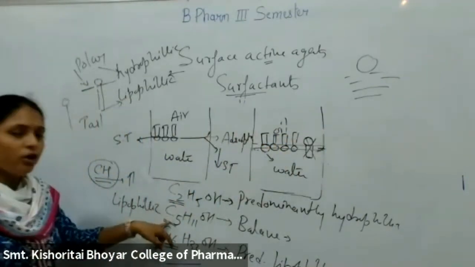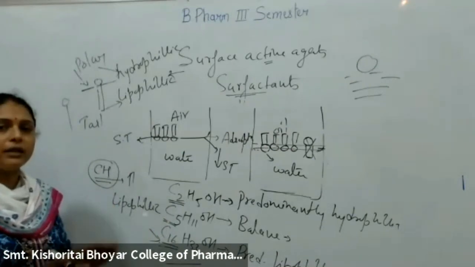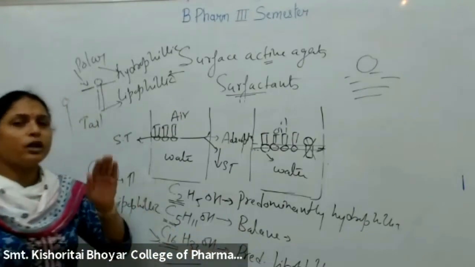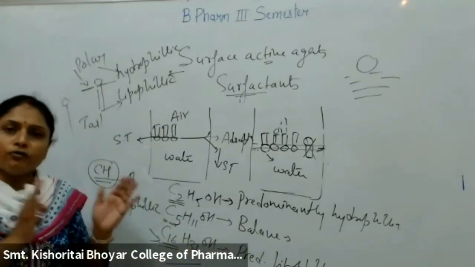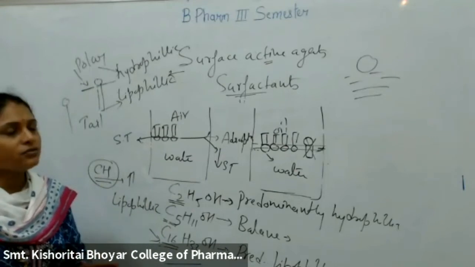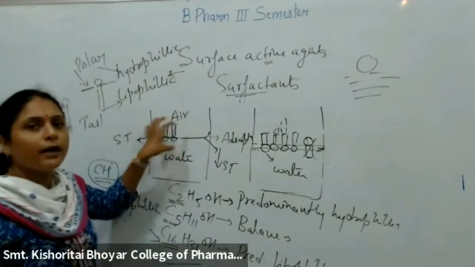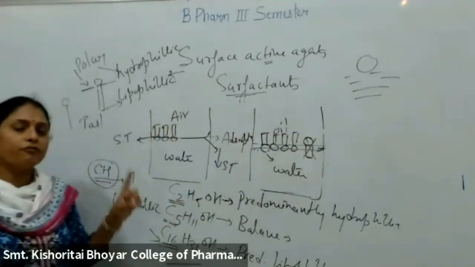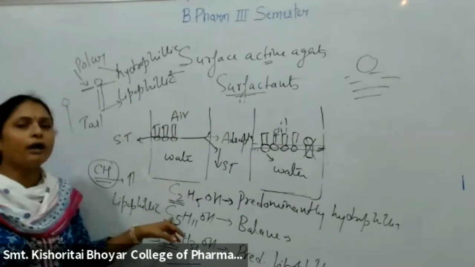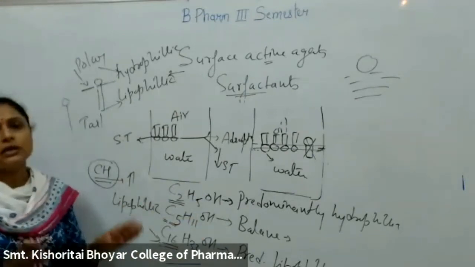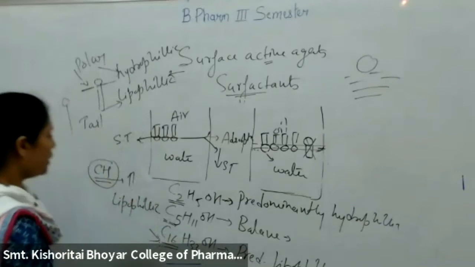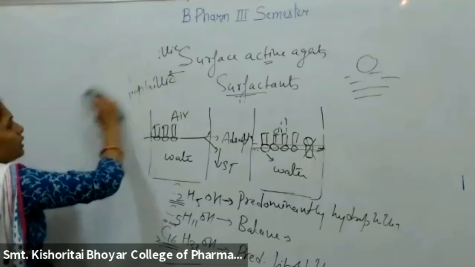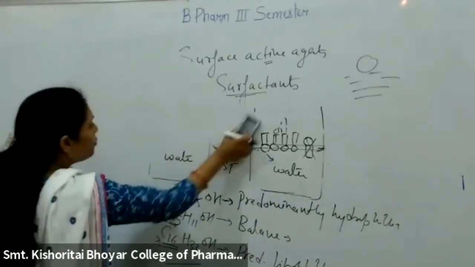So, which molecule is capable of remaining at the surface? The balanced one, जिसमें hydrophilic और lipophilic group balanced रहे. Hydrophilic nature और lipophilic group nature उसका balanced रहे. That is only able to adsorb at the surface or at the interface. So to adsorb at the surface or interface, it should have balanced hydrophilic as well as lipophilic groups.